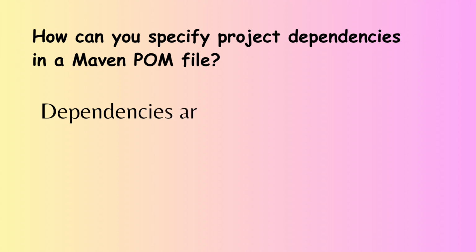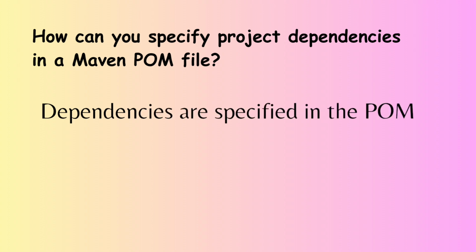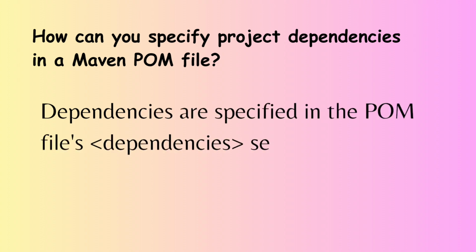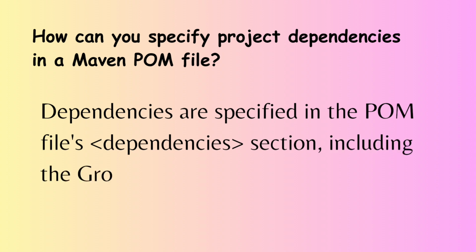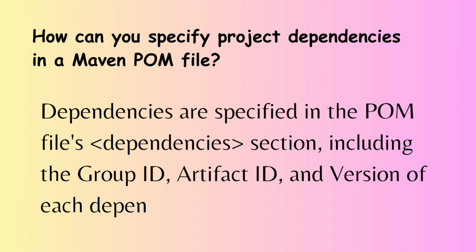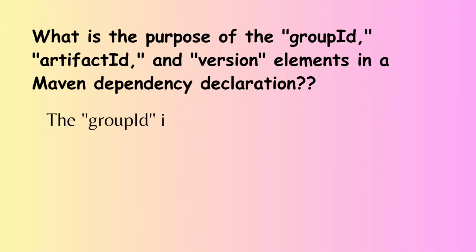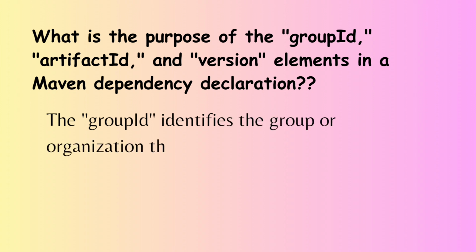How can you specify project dependencies in a Maven POM file? Dependencies are specified in the POM file's <dependencies> section, including the group ID, artifact ID, and version of each dependency. What is the purpose of the group ID, artifact ID, and version elements in a Maven